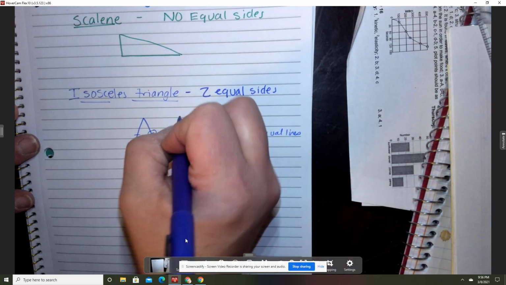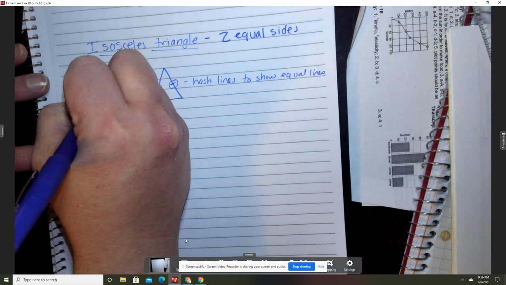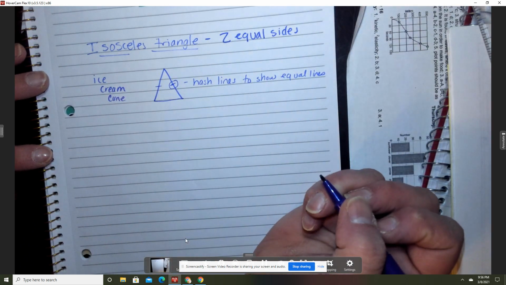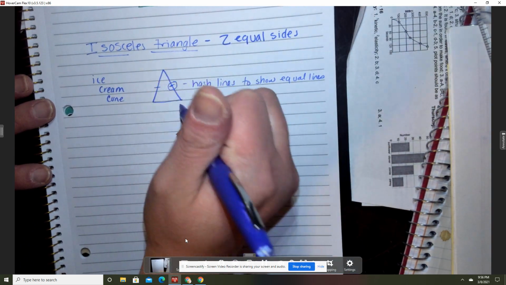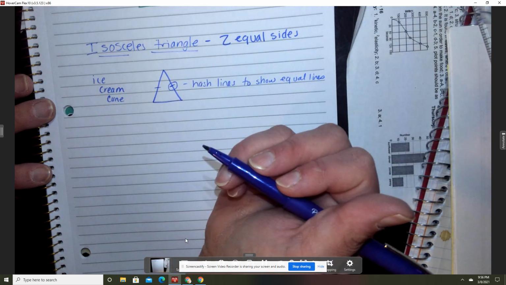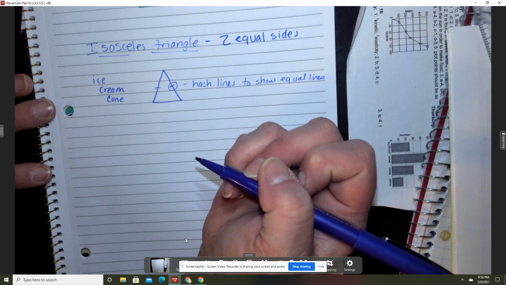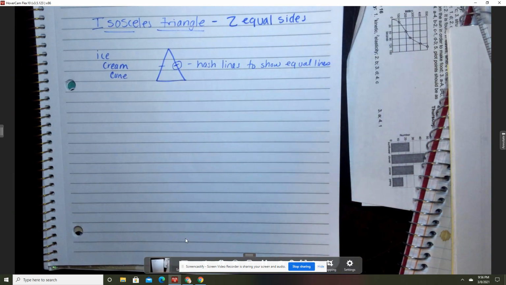Alrighty. So this also looks like an ice cream cone. Right? An ice cream cone. Got a little ice cream right there. All right. This would be an isosceles acute triangle because these 3 angles in there are acute. All right. And then lastly,